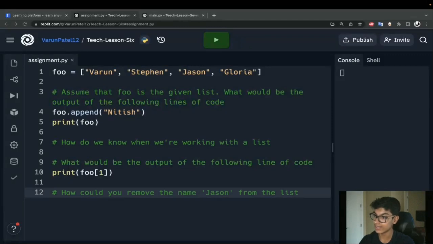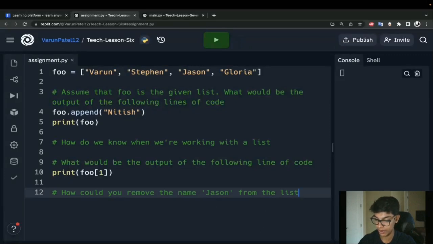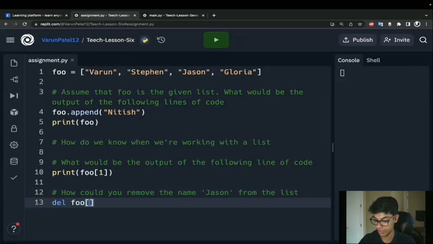Come on, guys. Maybe I'm just laggy. There it is. It's just loaded. But yeah, Luke is correct. We have our del keyword, and then we have foo in our brackets. Let me write what Luke put. He put del foo and in brackets 2. Awesome. Well, how does this work? Python is saying, hey, take my foo list, right? I want to remove Jason, and Jason has an index of 0, 1, 2. So take that item that has an index of 2 in my foo list and just delete it.